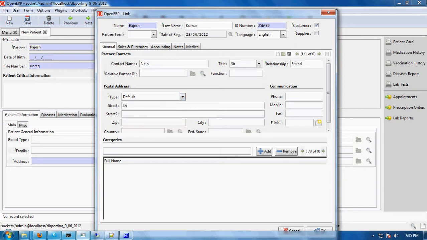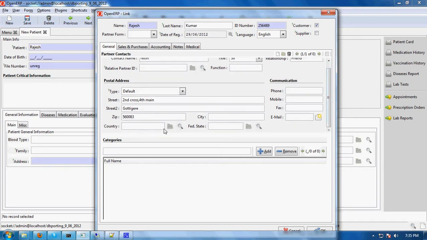Street, you can enter. Zip, country. For the country, we incorporated the country name with the code.